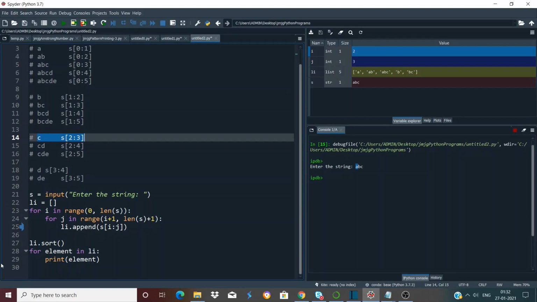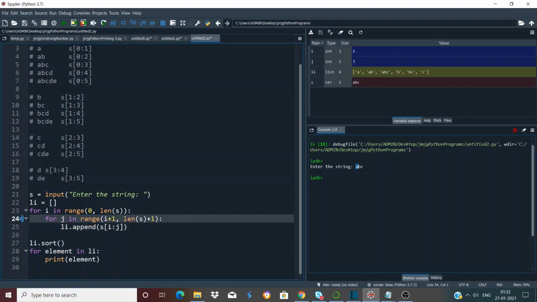As range(3, 4) only gives us one element, that is 3, this inner loop will have only one iteration. If we again press Ctrl plus F10, it will go back here, but it will no longer enter the loop because we have exhausted the only iteration.